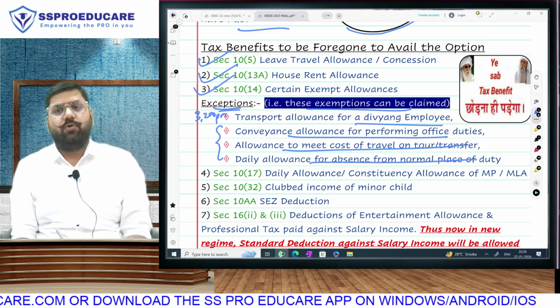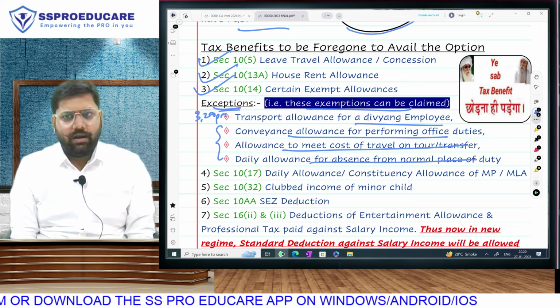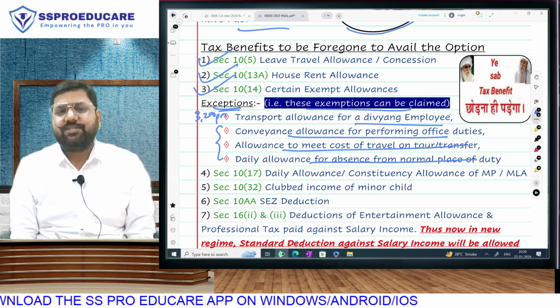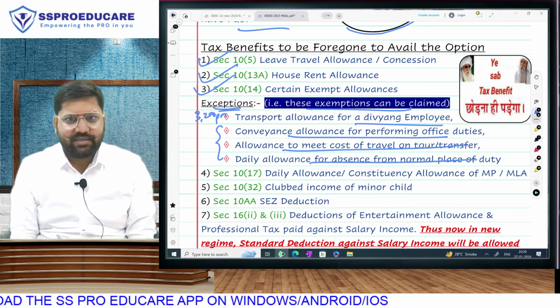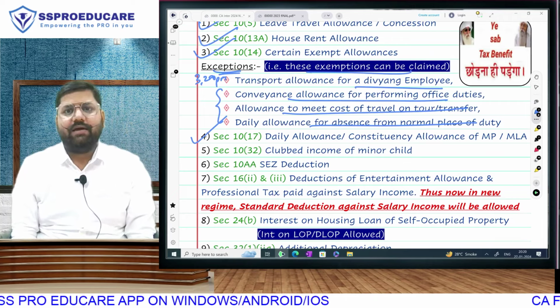These are expenses that you have incurred, and therefore these expenses' exemption will be allowed, and for a Divyang handicapped employee, 3,200 will be allowed. Otherwise, children education allowance, children hostel allowance, etc. will not be allowed. Next, if you are a member of parliament or MLA, you get daily allowance, constituency allowance,